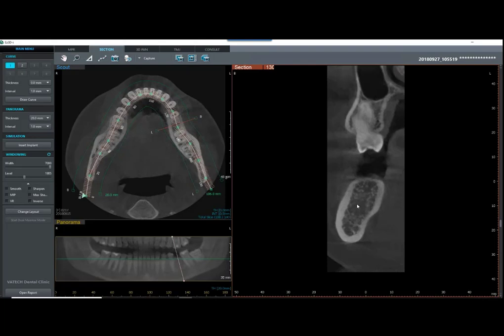Sure, definitely. So we'll put an implant right on that slice, which is demonstrated on the panorama at that specific angle, which is really nice there. So first, let's go ahead and measure. Let's do a horizontal and a vertical measurement. Up there on the toolbar, we just click on length, and we can do a measurement from the ridge to the nerve there, and then also buccal lingual. So it's a click and a click. We get our measurement,